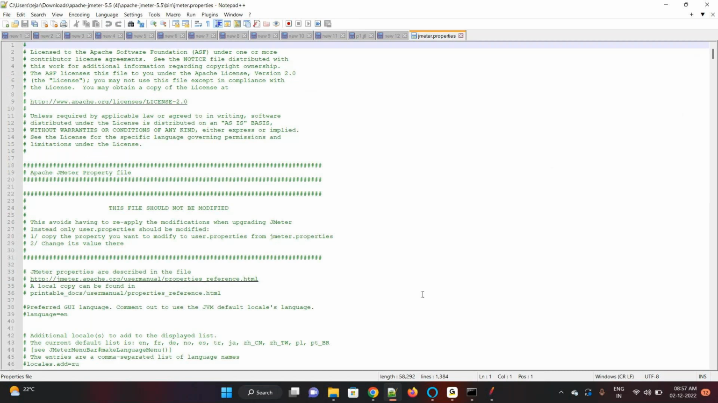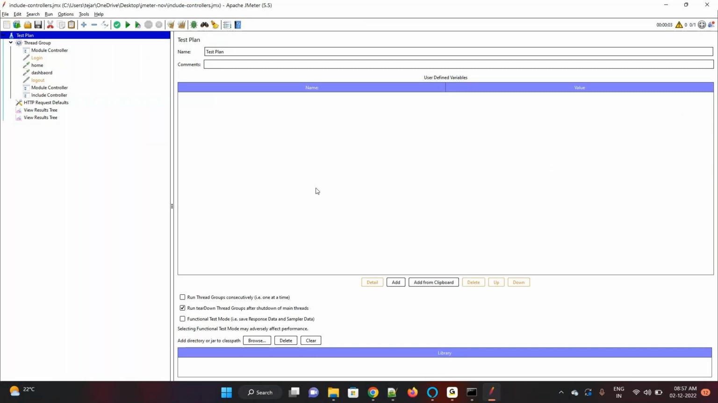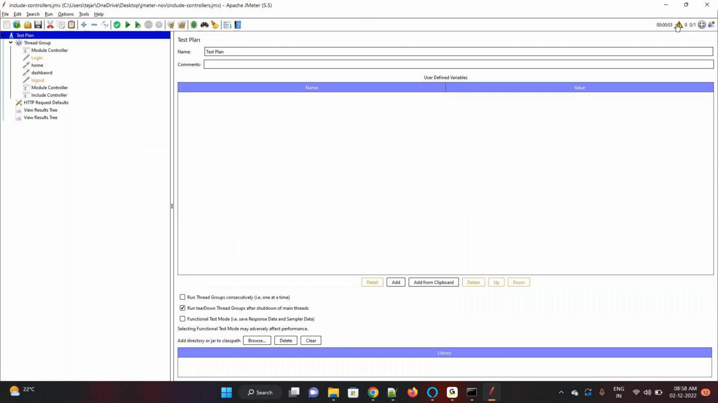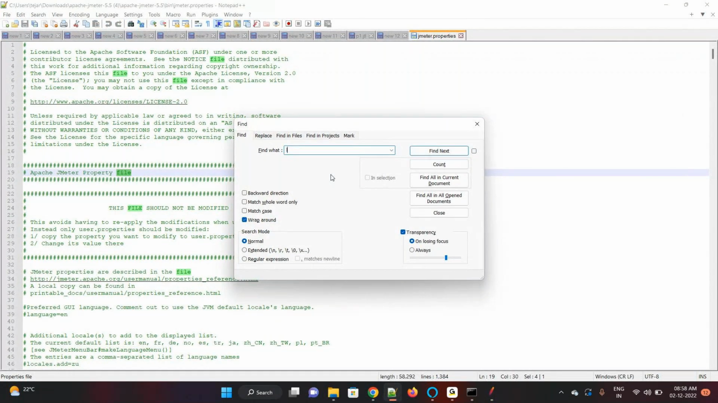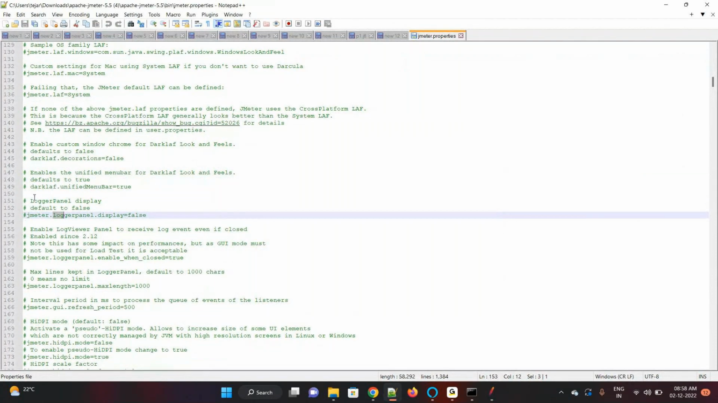For one example, every time whenever you open JMeter, we are getting the blank screen, but we can't see the logs. We click on this, then our logs get displayed. Otherwise, if you don't click on this, it's not getting there. Every time I don't want this, I want my logs whenever I open the screen. So if I go to my property file and search for log, okay, logger panel. Everything is commented. Now if I enable this and put true,